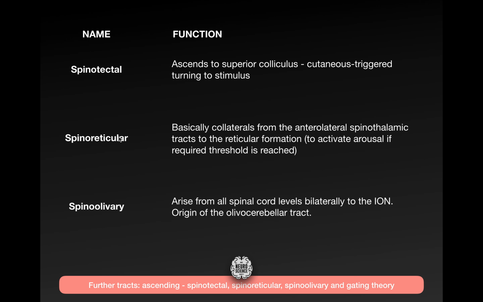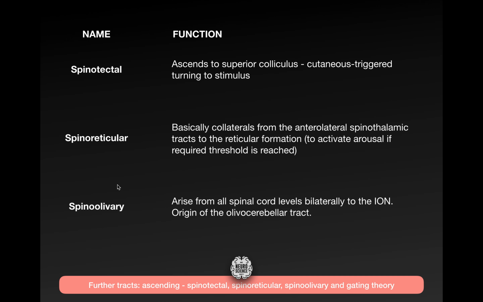Your spino-reticular system is collaterals from the anterolateral spinothalamic tracts to the reticular formation. So if you're getting some nasty noxious stimulus, it'll come up the spino-reticular tracts, jump into the reticular formation, and cause further arousal and agitation through those reticular activating systems. Spino-olivary fibers arise from the spinal cord at all levels and go to the inferior olivary nucleus, and it's the commencement